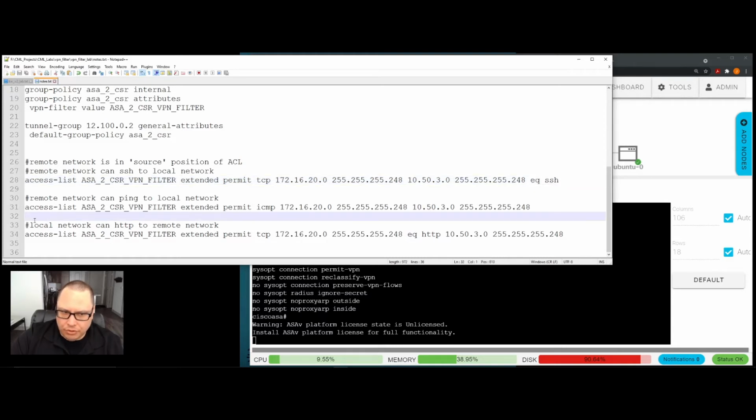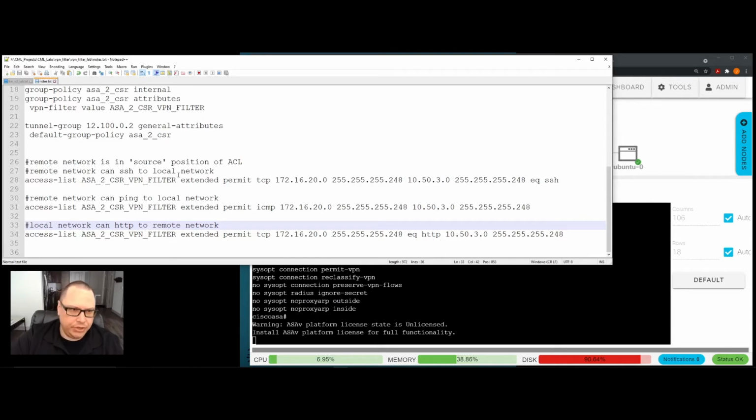And if you want the local network to be able to do something to the remote network, then you need to put that port or service into the typical source position. And then, as I mentioned, in the access list structure, the remote network is always in the source position, as we say here. So that may have been a little bit overcomplicated and wordy, but it just takes looking at it, practice and testing, and looking at the documentation, and it works just fine,